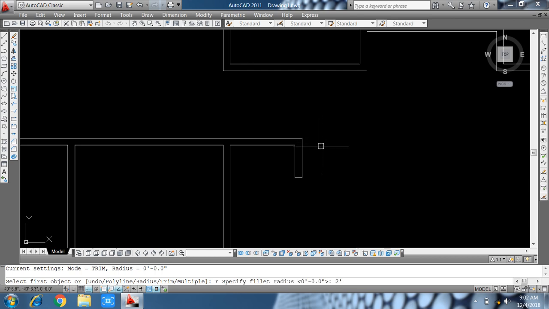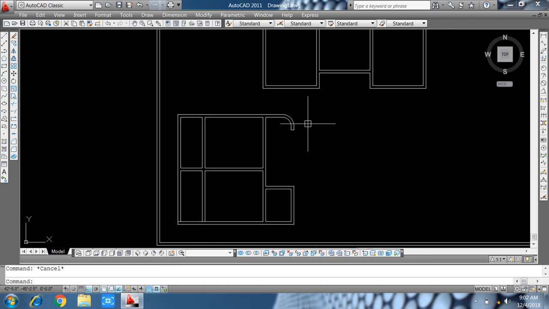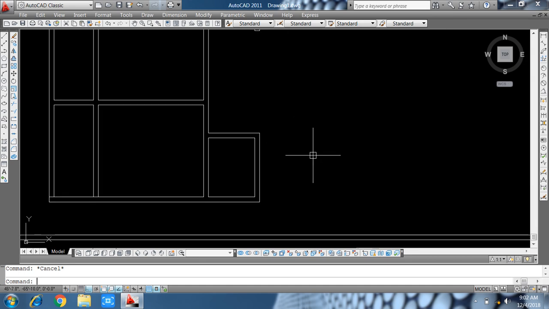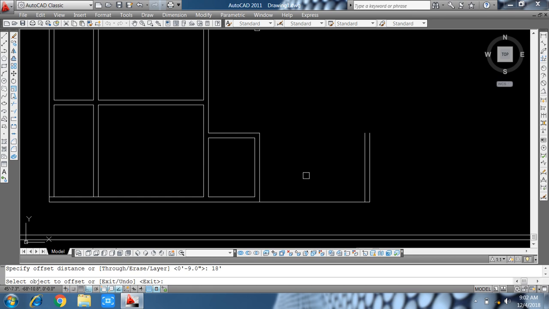And now we make another room, offset 16 feet, offset 9 inch, line, offset 18 feet, offset 9 inch, and fillet, sorry, Control Z, and we press fillet radius, specify 0, and fillet, and fillet